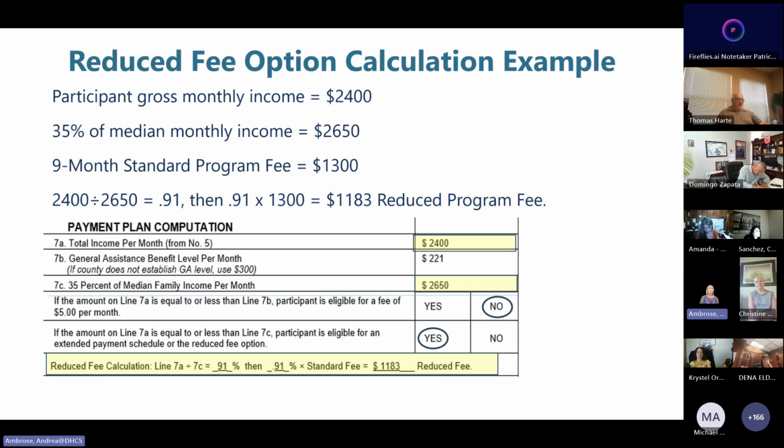Then we multiply the 91% by whatever your standard program fee is for that length of program, in this case, 1,300. And we see that 91% times 1,300 is 1,183. So in this case, the participant would pay a reduced fee of $1,183 for the 9-month program. That calculation is provided as a line on the financial assessment worksheet that we can provide for you.